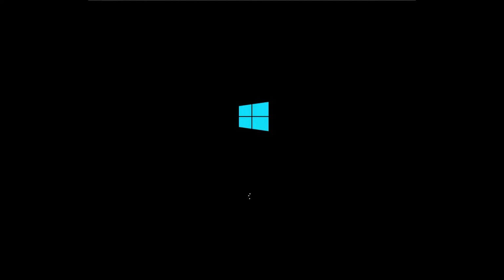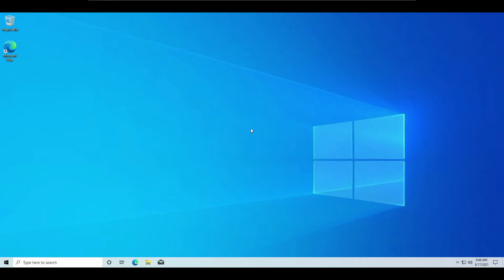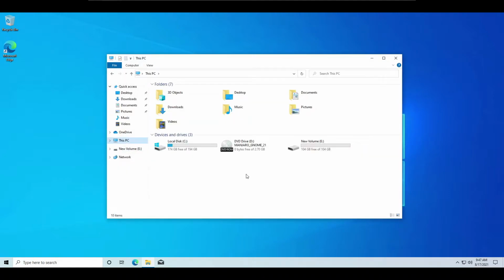Windows 10 is booting now in the virtual machine. Here Windows 10 is completely loaded, and we are proceeding to the File Explorer of Windows 10. To install Manjaro, we need some space on the hard drive. Suppose at that moment that 104 GB is allocated as a drive in Windows. As it is blank, we should use that particular drive or space.